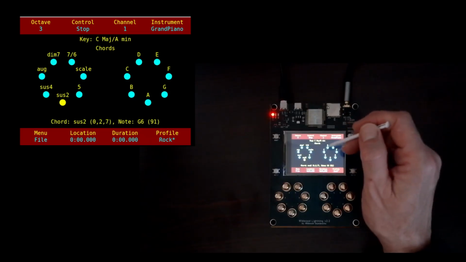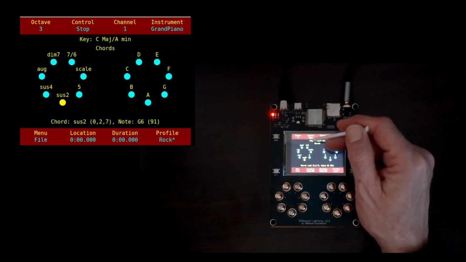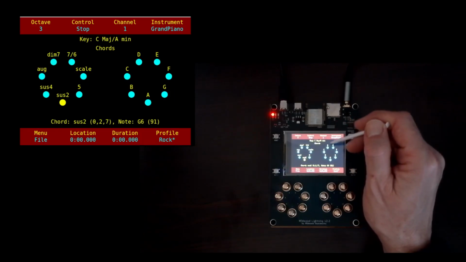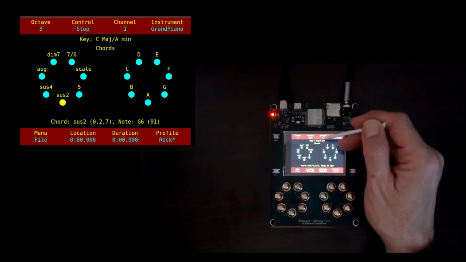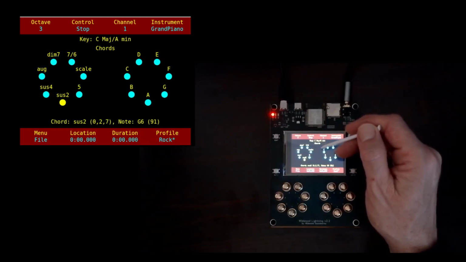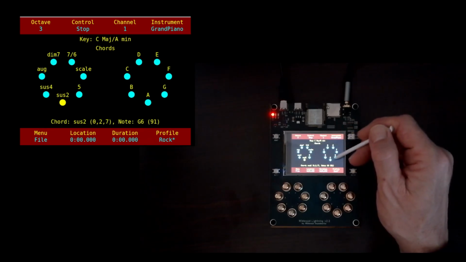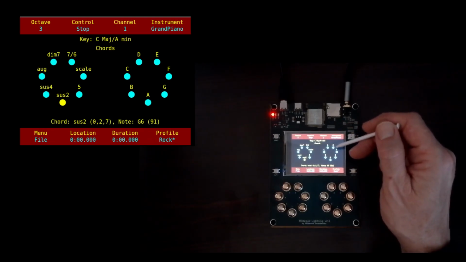A couple of other things I wanted to point out is the key signature. If you're working with a song that is not in the key of C major or A minor, which is the white keys on a piano keyboard, you can use one of the menu items to enter the key signature of the song. And then Lightning will automatically adjust the notes in the chords so that they match the notes